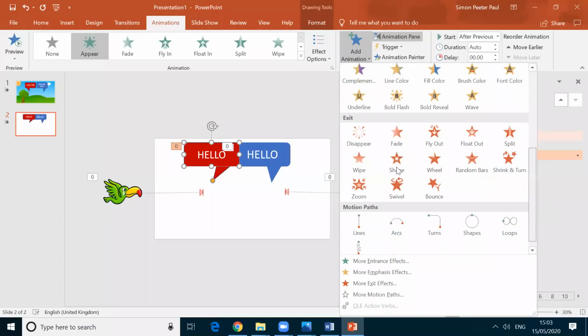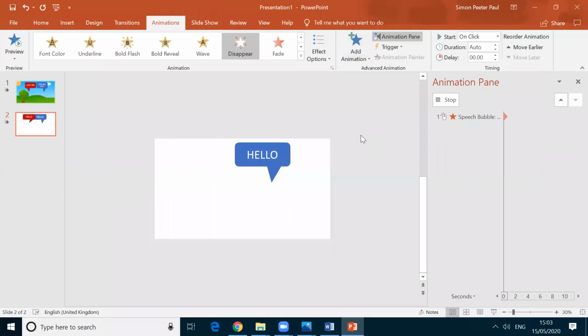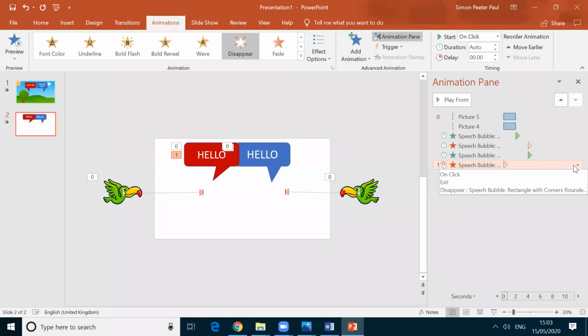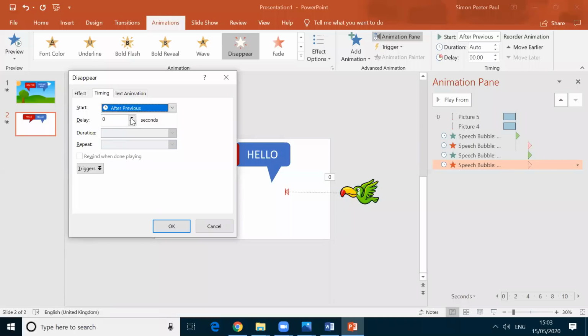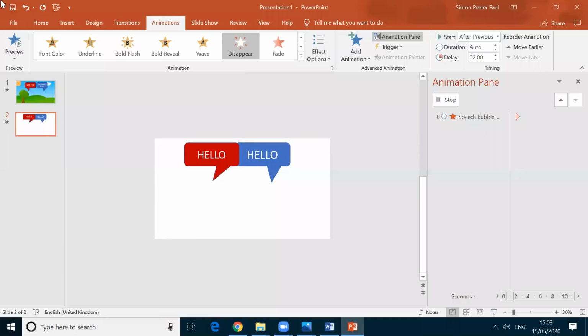I am moving down, I click on disappear, and then what I should change, start after previous, and one more option I have to change, click this one, timing. I click the timing, here I am changing 2 seconds. Now the animation is ready.